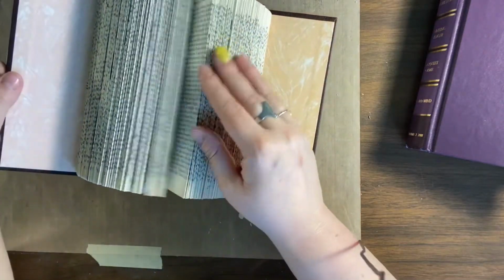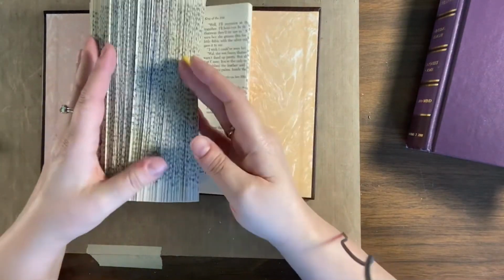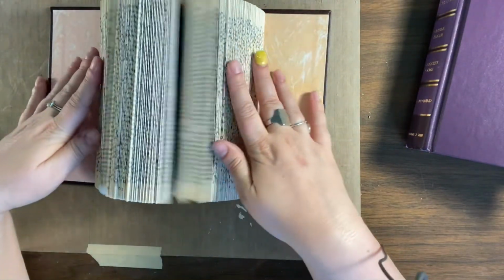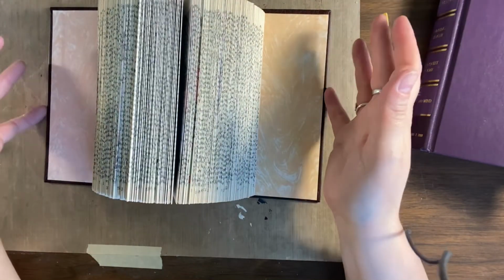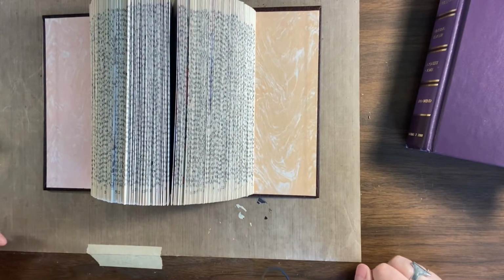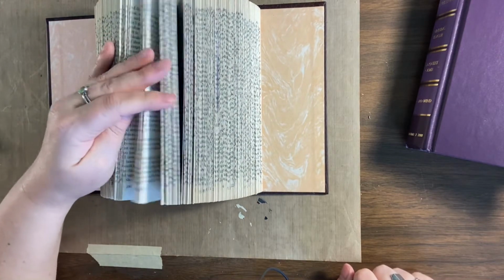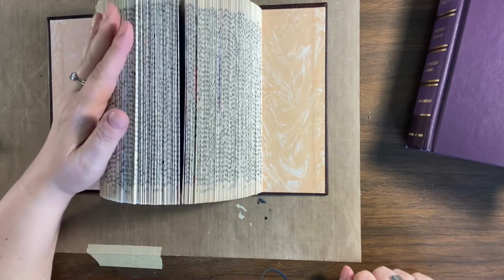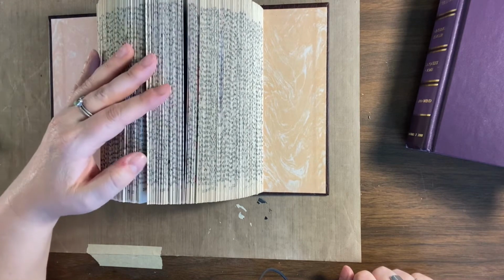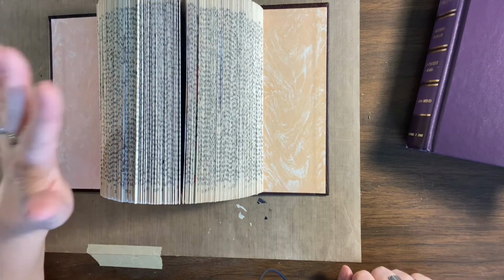But you could use this also to stick your mail in, your bills, recipes, whatever. It's a very useful little holder, and it's super inexpensive, and it's very easy to make. You don't need any tools, you don't need any glue. It looks really cool. So there you go. Quick tutorial there. There are tons of other tutorials on how to make these on YouTube. Just search up Rolodex book or ephemera holder book or something like that. I'm sure that there's plenty of other videos that you could watch, but this is the nuts and bolts of it. So have fun, make some,